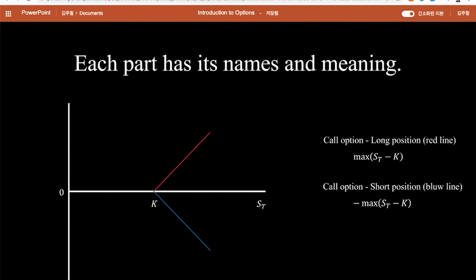But if you think about this product a little bit more, then actually it is not possible to have this contract, because the long position is always better, or at least equal to, the short position. If you are in a long position, you will always get a positive number or zero, and if you are in the short position,